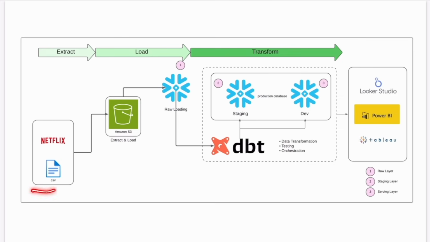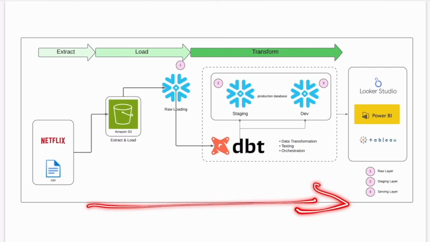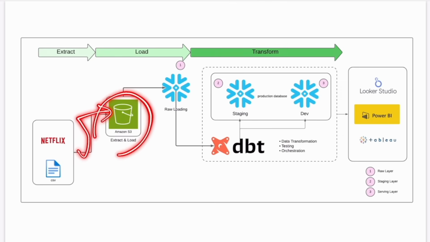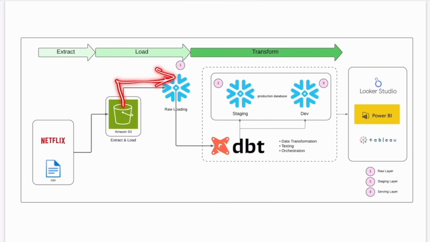We will extract data from the Netflix website. So we will be using a MovieLens dataset that is like Netflix. As we understand the business of Netflix, it's much easier for us to understand the domain so that we can easily build the project and have the final analysis. Okay, so we will have the CSV file that we will upload onto Amazon S3. Then we will automatically load our data onto the Snowflake database,